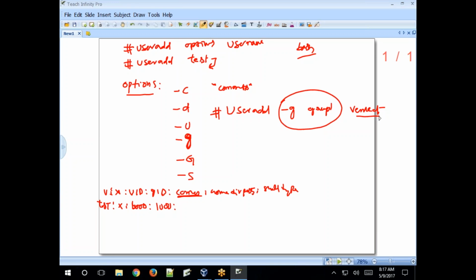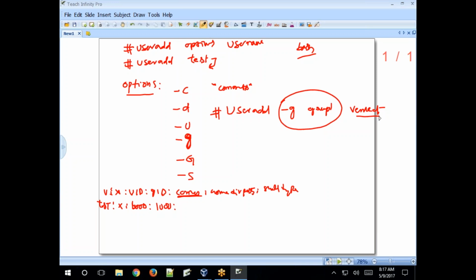At the time of creating a new user, you can use these options as per your requirement: adding users into a different group as the primary group, UID, home directory, and information options.